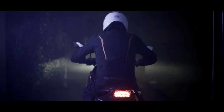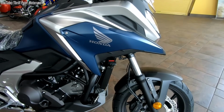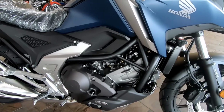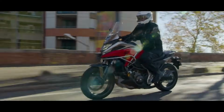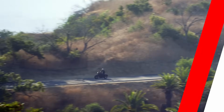First up, we've got the 2024 Honda NC750X DCT Adventure Style bike, and this is an easy one as she's returning in the same matte nightshade blue paint from last year, with its only changes coming in the way of a price increase thanks to a $100 bump to its MSRP. And when it comes to the 2024 NC750X release date, you're looking at January,